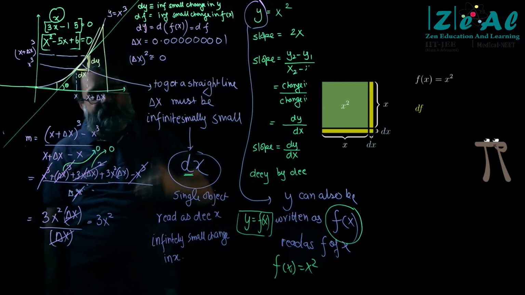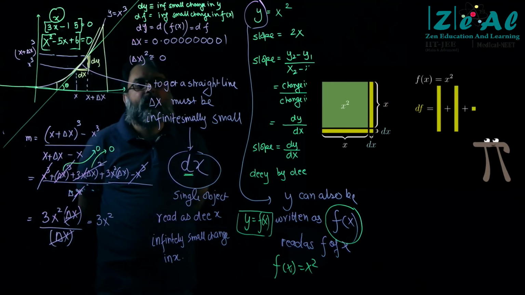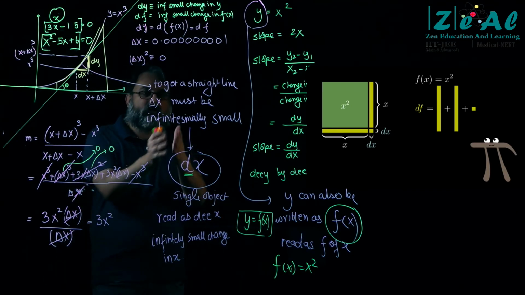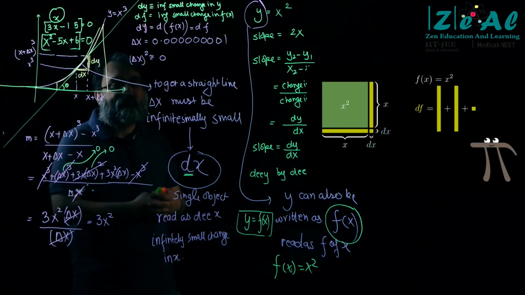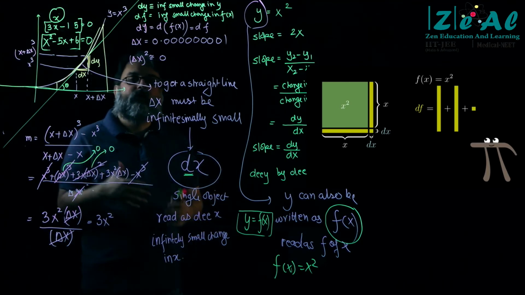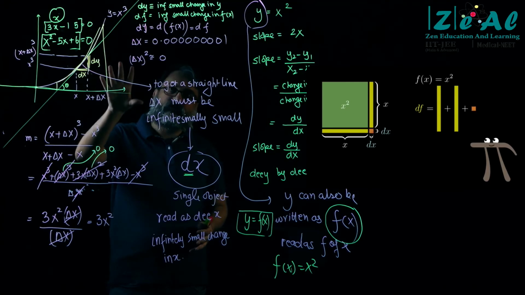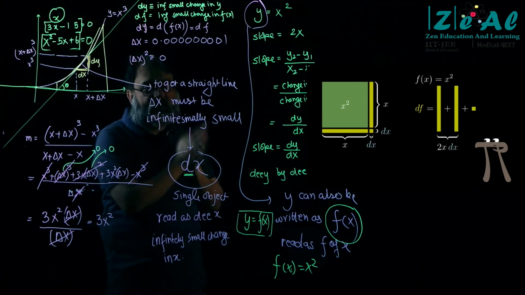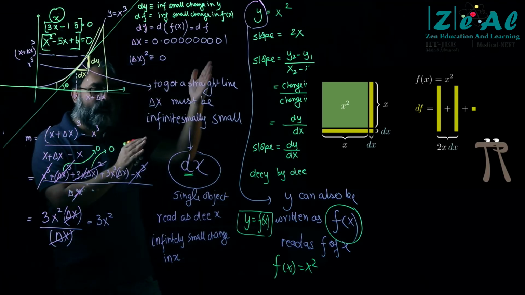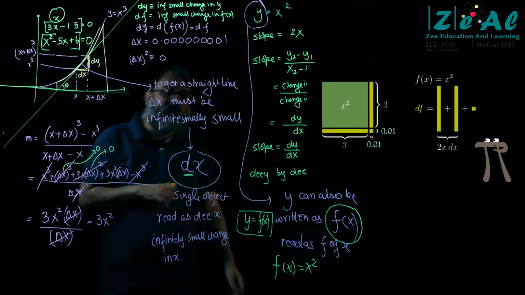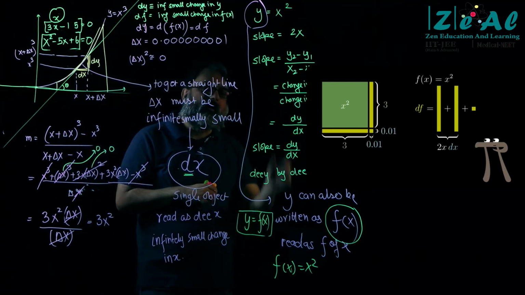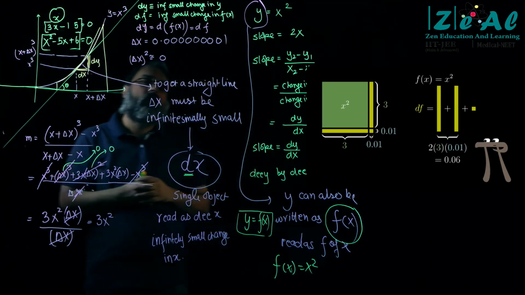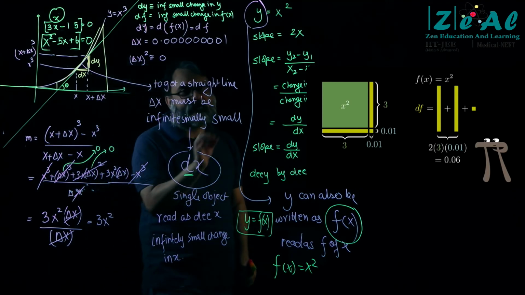I increase the length and the other side, the breadth, by dx, and then the change in area is what df, dy is. This is the physical meaning of the rate of change of x square, the rate of change of x cube we'll do in a moment. So this is the yellow two rectangles and the small yellow square is the change in area, and the value of the area of the two yellow rectangles is f(x) into dx, right?